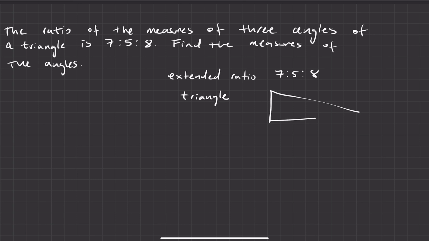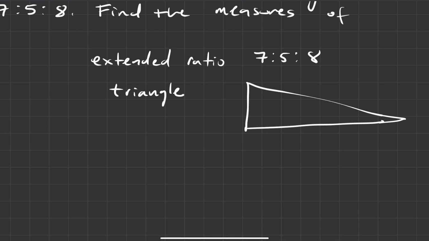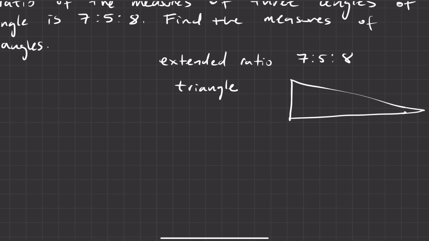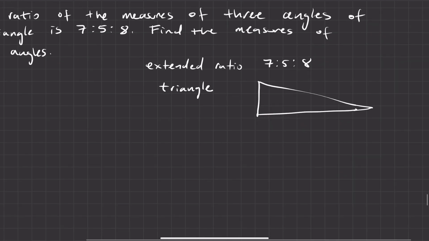So I'm going to draw my triangle. And they're talking about these angles, okay? Now, 7, 5, and 8, it's expressed as a ratio, not necessarily the angle measure. This is not 7 degrees, 5 degrees, 8 degrees. So I'm going to go ahead and put, let's say, 7 here, 5 here, and 8 there. Okay? Once again, it's not 7 degrees, 5 degrees, 8 degrees, because it doesn't make sense, because we all know